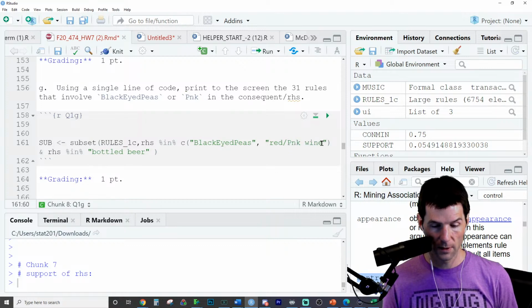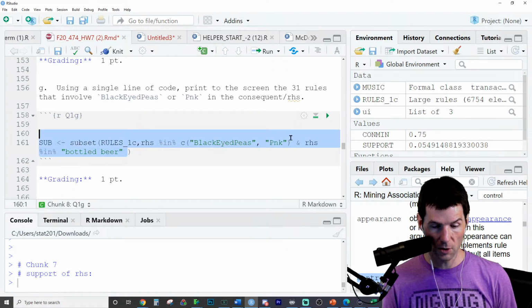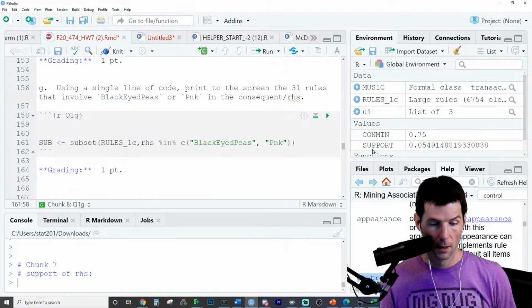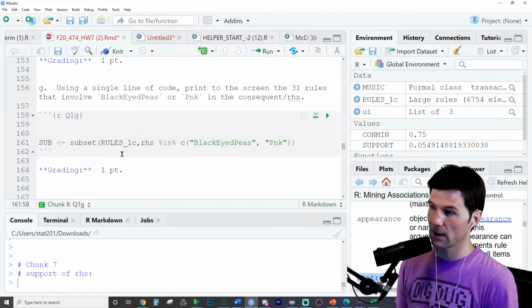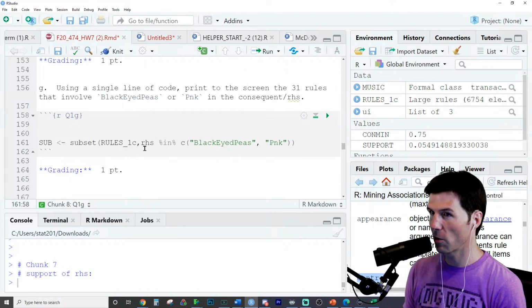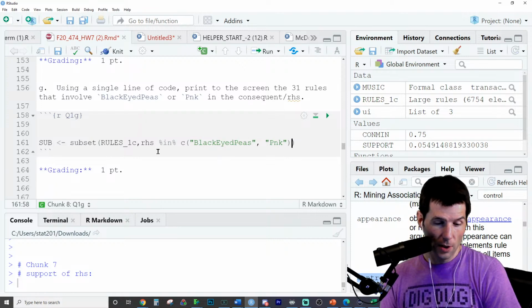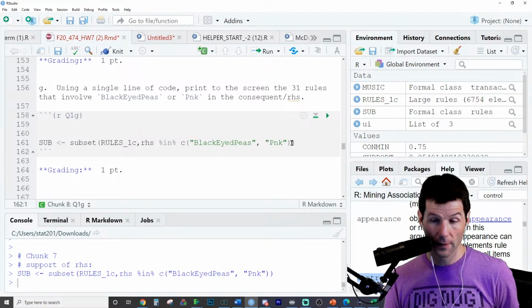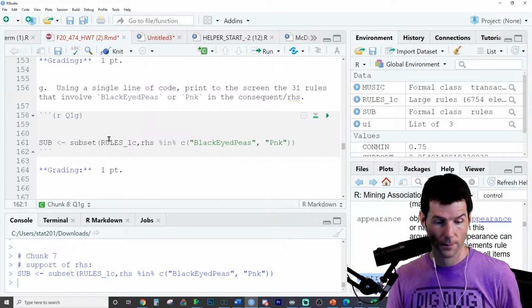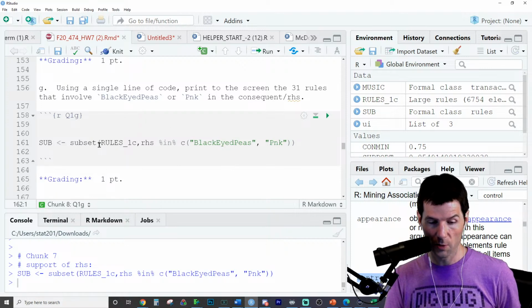Delete all this off. There we go. And we don't need the extra bit. There we go. It's interesting. You have to call the right-hand side, left-hand side, or items because these don't autocomplete. Really easy to forget what they are. It should work. It worked. Let's go inspect the rules, print to the screen.